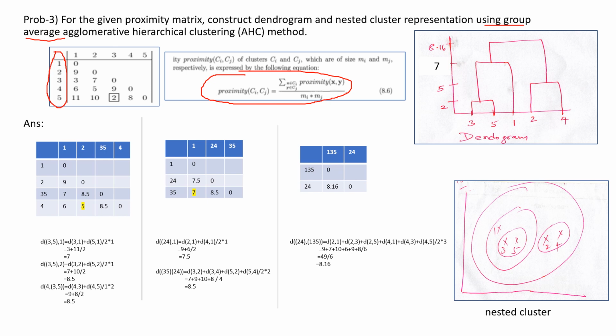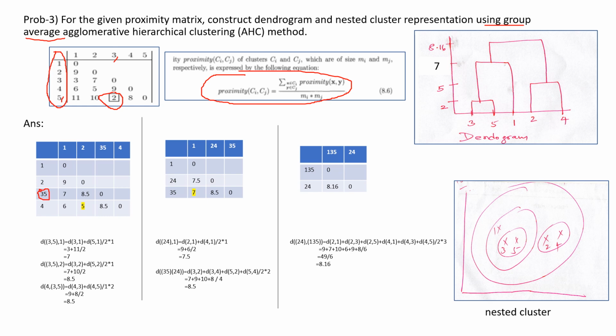It will be more clear as I proceed. Now see here, which is the smallest number? The smallest number is 2. So as before, you will merge the points 3 and 5. That's what is done; 3, 5 is merged here. Once 3 and 5 are merged, the other points have to be written here. 1, 2 and 4 are written here.